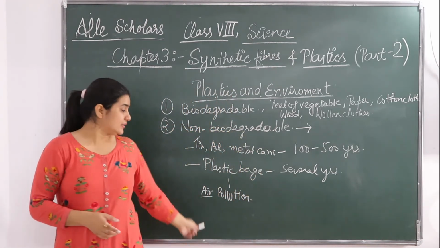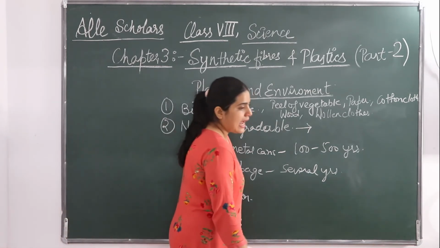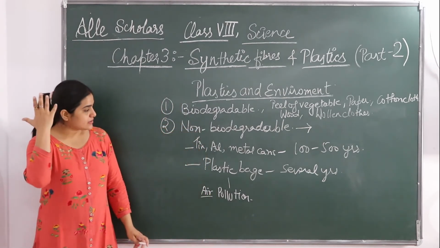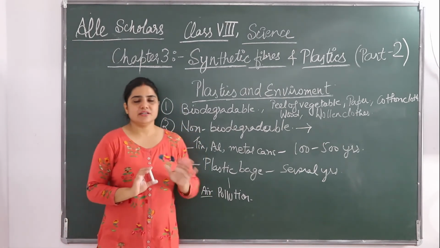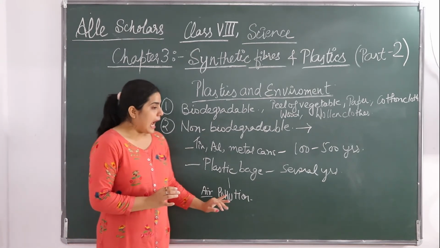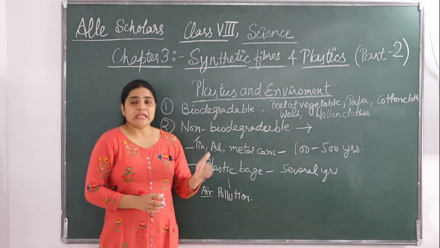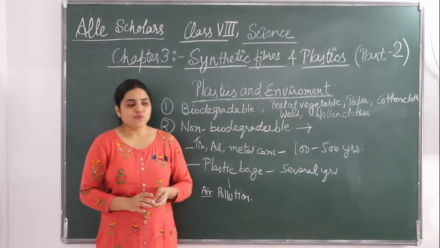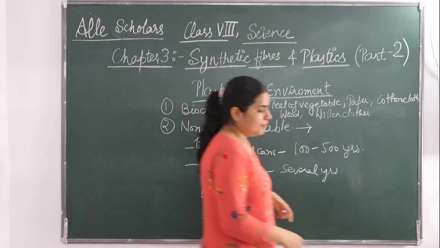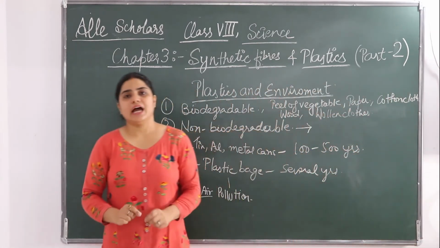That is not good. It causes air pollution. It is quite slow in burning, and it does not completely burn. During this burning process it releases lots of poisonous fumes into the atmosphere, and that causes air pollution. So the biggest drawback of plastic is that it is